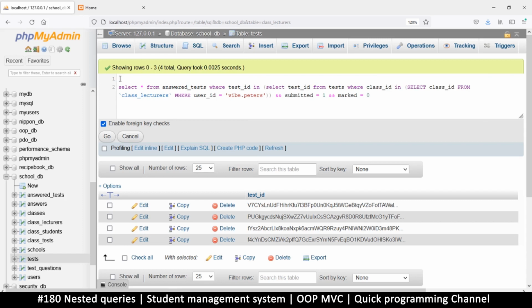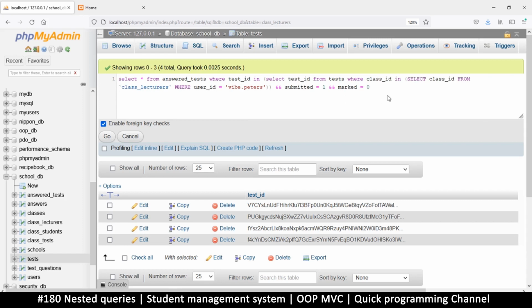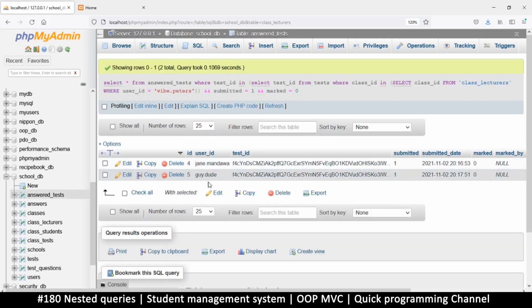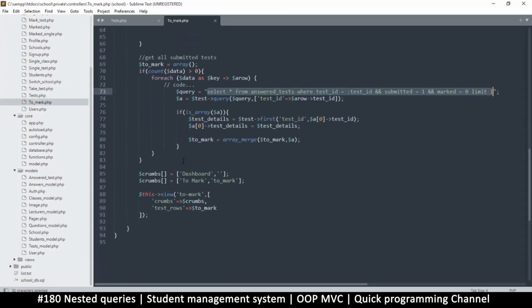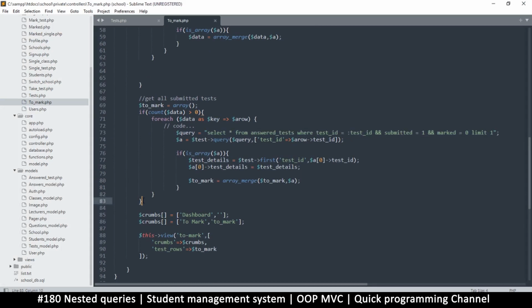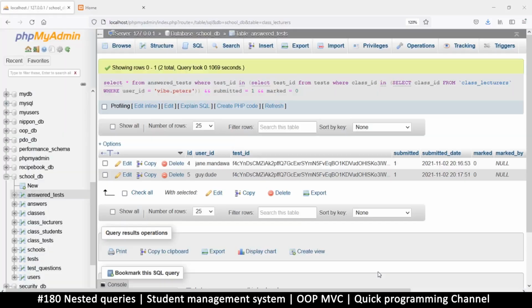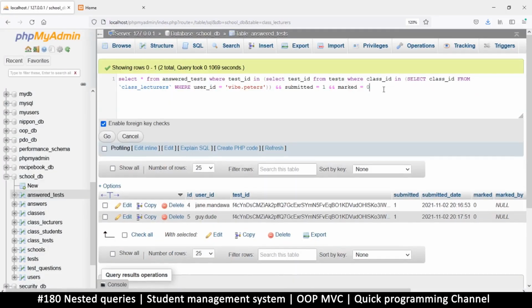So we've nested queries here, one query inside another and inside another. So let's try this now and click go. And as you can see now, we get 2 results of unmarked tests. Very nice. So just by using this one query here, we've replaced all of this information up to there. And because the only thing we want is the to mark as the row, that's what we're going to use with our variable. So all I need to do now is edit inline and copy this wonderful query, copy there,